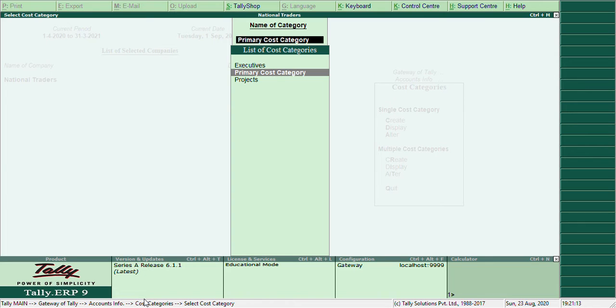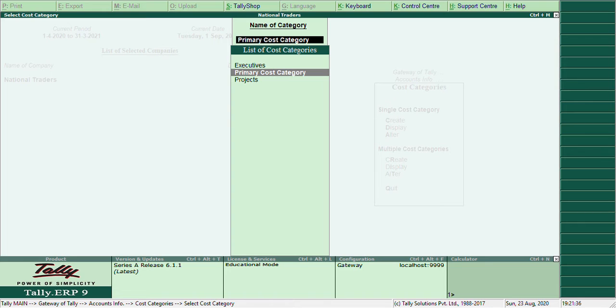During the voucher entry, the allocation screen does not appear. So in the background, it will allocate the amount according to the certain parameters given, certain percentage wise given. It will allocate in the background, and it will give you the report accordingly.